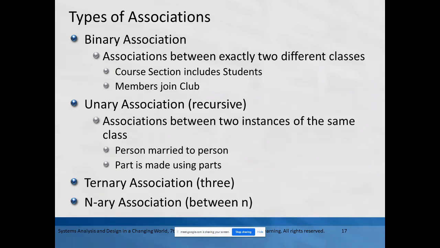Much less common, as a matter of fact, in the real world, I've never actually seen them. I've only ever seen it in textbooks and classroom examples, are the ternary and n-ary relationship associations. So this is where you have 3 entities that are all related to each other. Now, what I mean by this is,